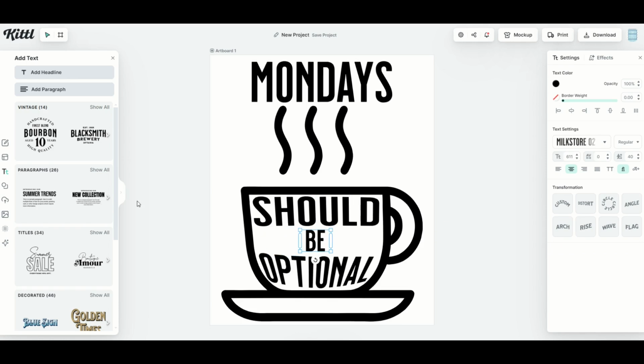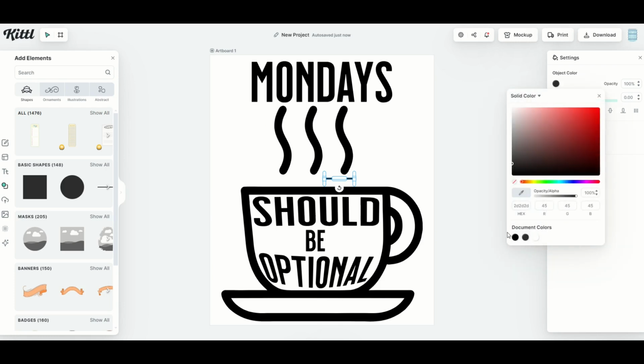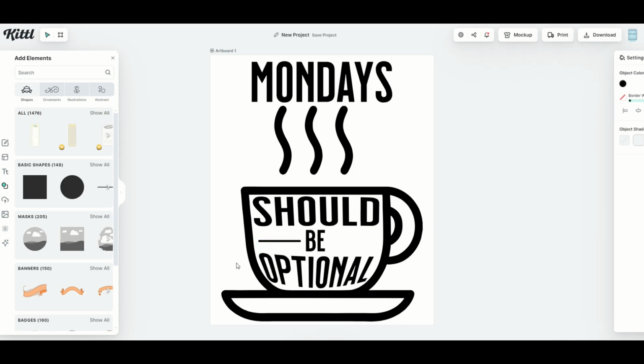I'm going to leave him as is, but I'm going to draw a little line in here. So I'm going to go to Elements, click on Align, and I'm going to make it the exact same color as the mug. I'm going to click on Object Color. I'm going to make it black, and then I'm going to move this down so it's right there, and you can see it aligns perfectly. So I'm just going to make this line just a little bit fatter so it sits like that inside the